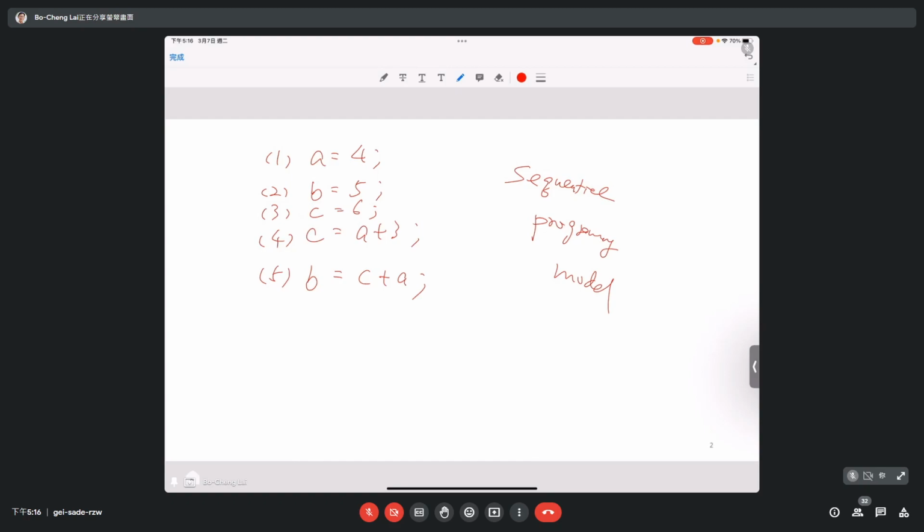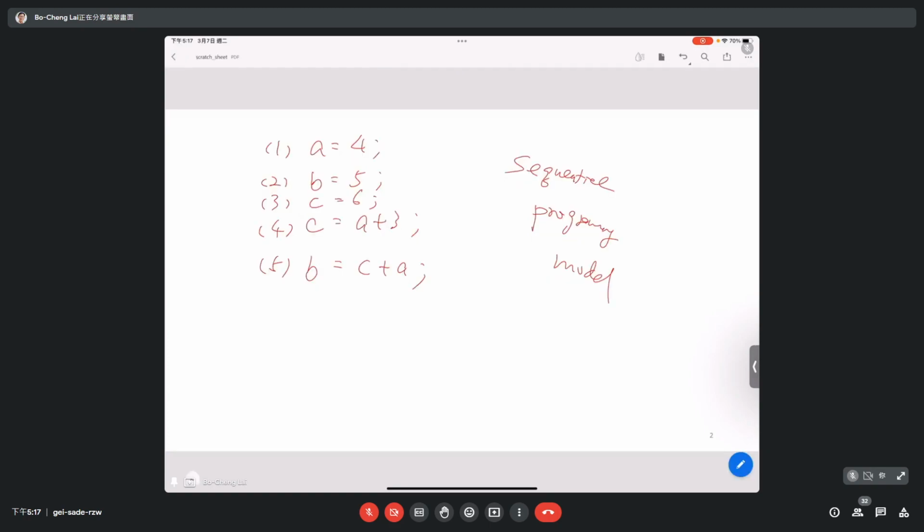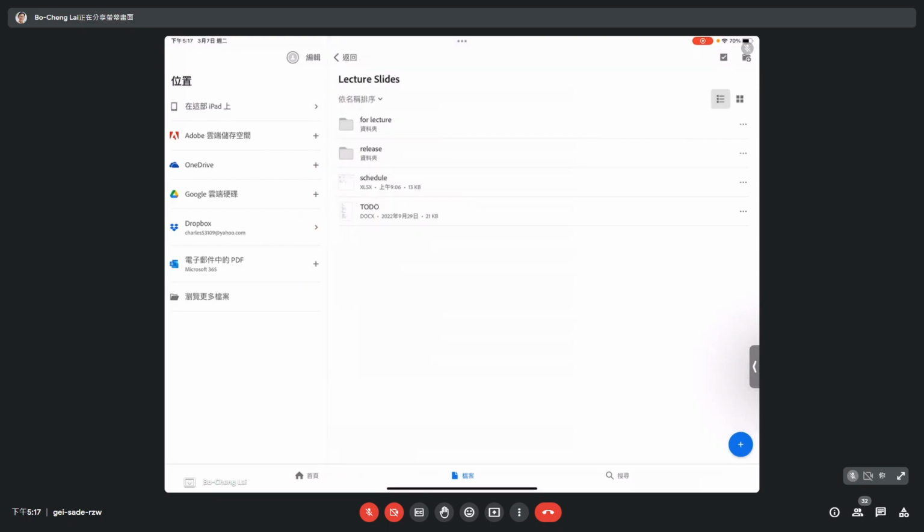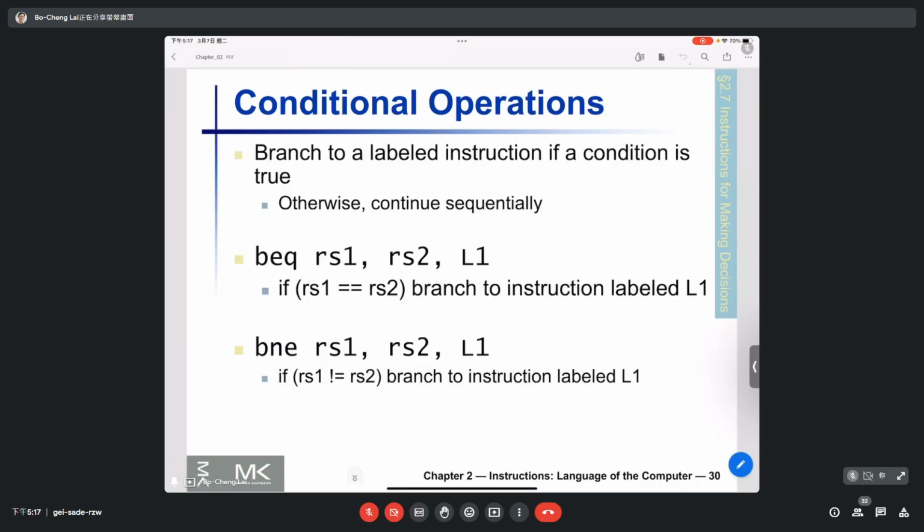So C equals A plus 3 should be executed after C equals 6 is done. 所以这件事叫 sequential model，很重要哦。好，那我们回来。